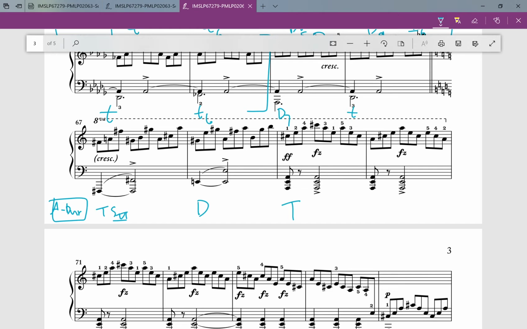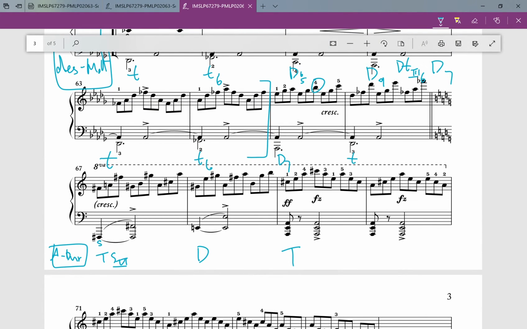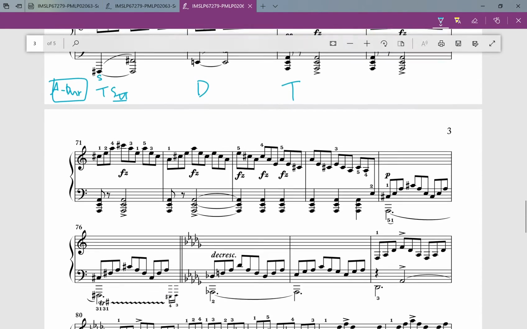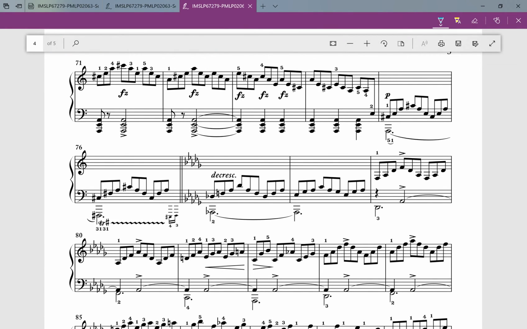So that is G flat, B double flat, and then D flat. So if it's a G flat minor chord, then this is also the subdominant of the previous key, namely the D flat minor key. And so that's here, and then here is all tonic until here we have chord 6, and